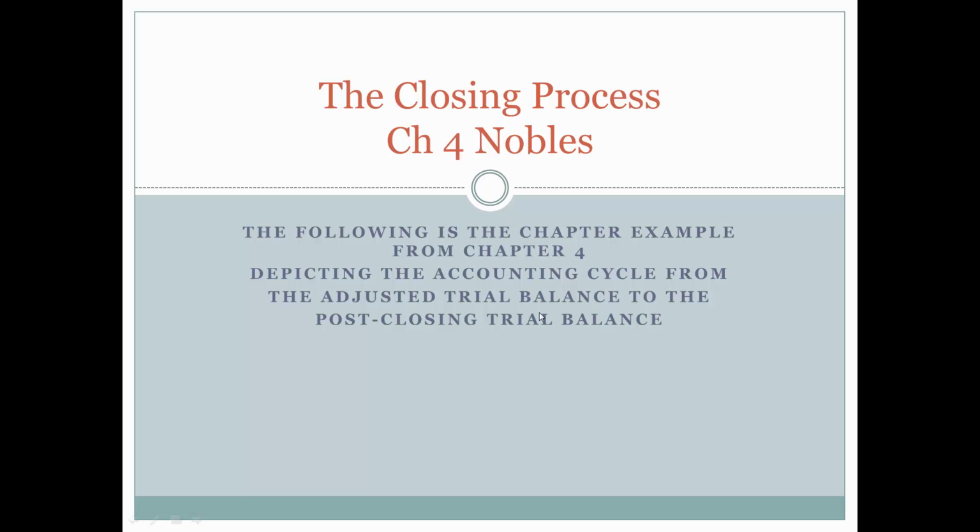So now we want to look at the closing process. This is the finalization of the accounting cycle. So we started with journal entries, we recorded them in the journal, then we took them and posted them to the general ledger. We balanced the accounts, and from those balances we brought the account balances into the unadjusted trial